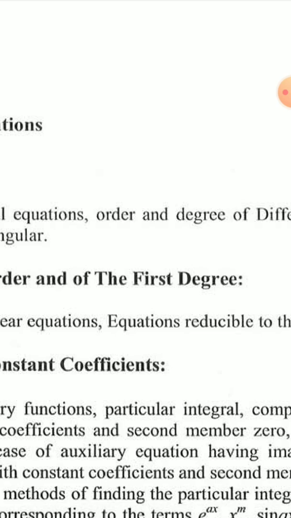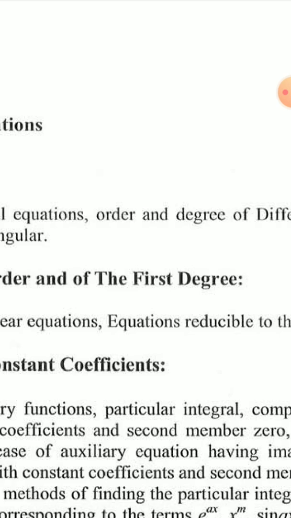Already we have seen the differential equation dy by dx is equal to cos x. Here dy by dx is the first order derivative. Its highest power is 1. Therefore dy by dx is equal to cos x is a first order differential equation, and the degree is also 1. d2y by dx square is equal to 0 is a second order differential equation and the degree is 1. But if we have dy by dx whole square is equal to cos x, then it is a first order and second degree differential equation. Now in the lectures we shall see all these details, taking examples. Today is just an introductory lecture.